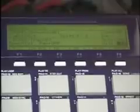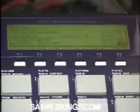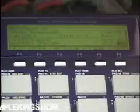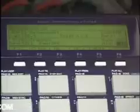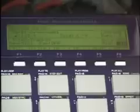Next, I want to make sure I'm in MIDI channel 1A. Now remember, in the back, we have the output as A and B. We have a possible 16 MIDI channels in A and 16 in B, giving us a total of 32 MIDI channels out of our two outputs. So in this case, since we're hooked up to MIDI channel A, we're using the first channel, which is 1. Okay, let's go to our